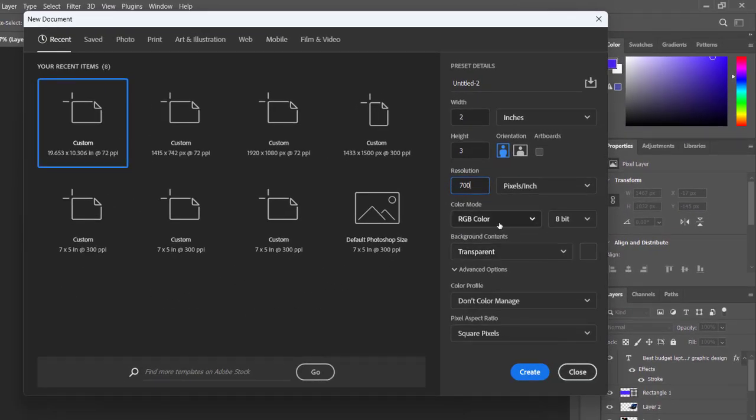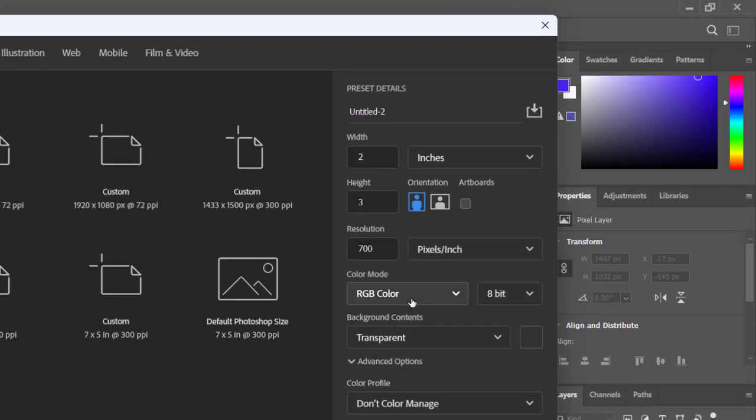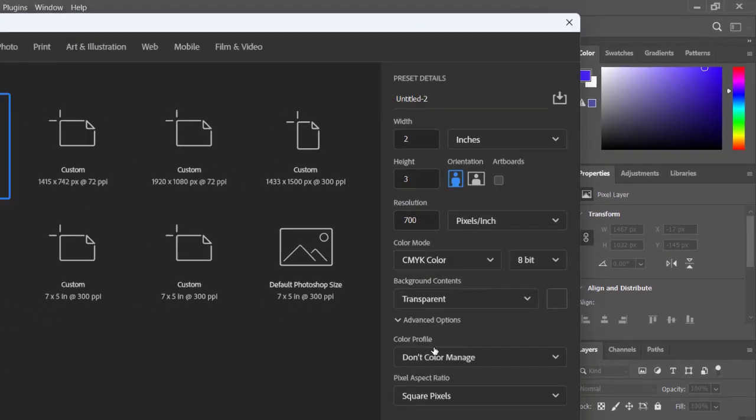Okay, and also if you want to use it for printing purposes, then you use the color mode CMYK. Okay,